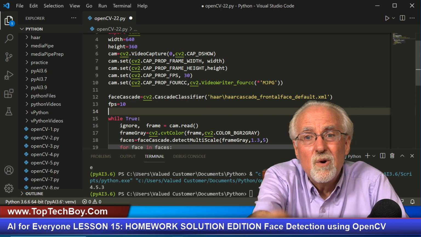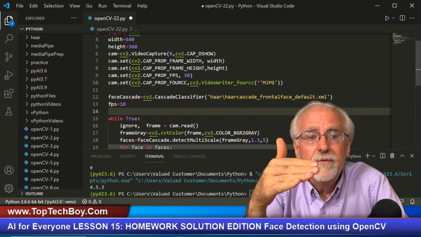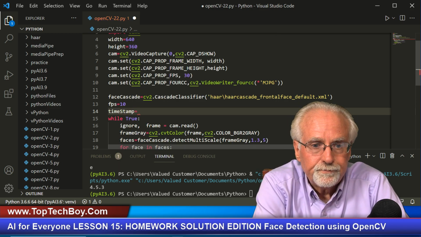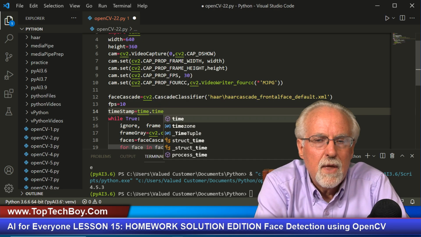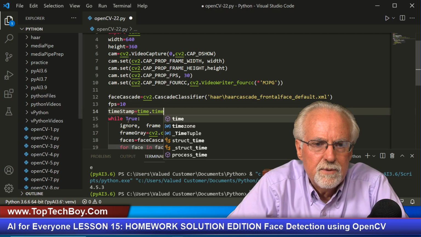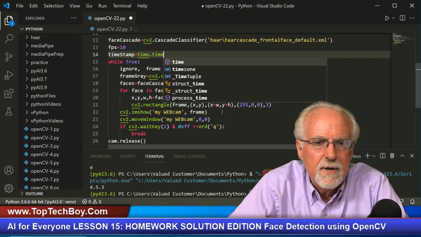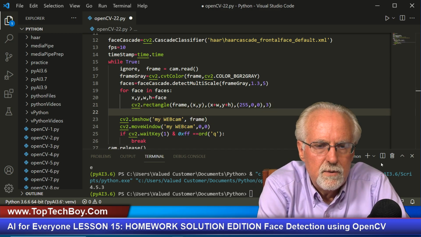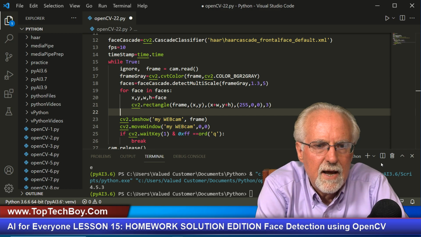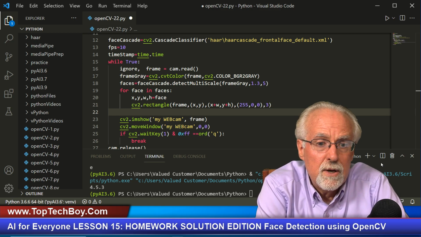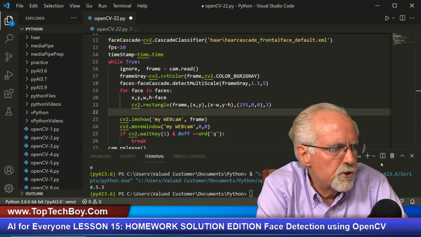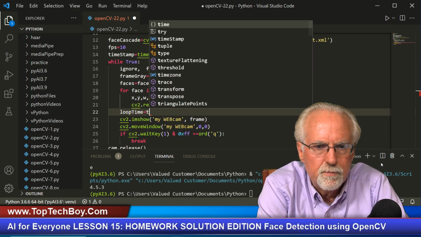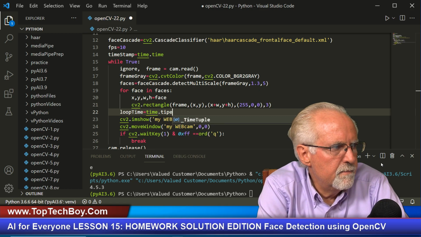And then we need to go out and snag what time it is when the loop starts. So we are going to say timestamp is equal to time.time. What that does is it goes out and grabs the system clock. Then we are going to come down here after we do our facial recognition. It should be outside the for loop. And then I should say loop time is equal to the present time, which is time.time